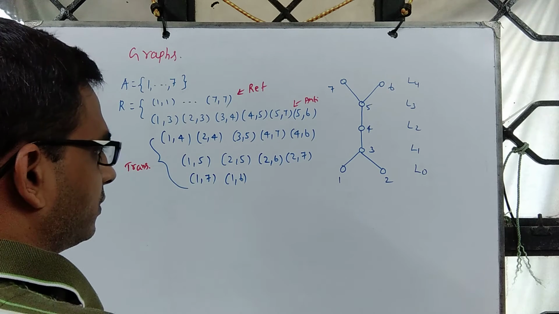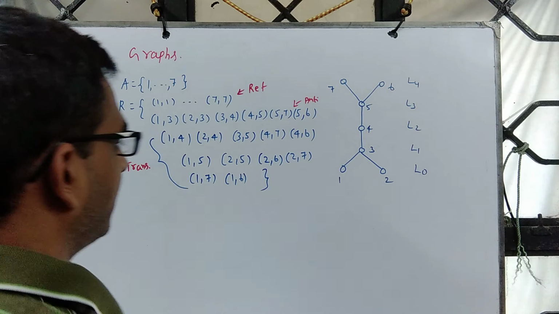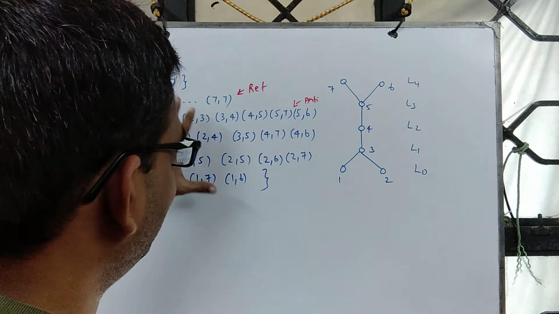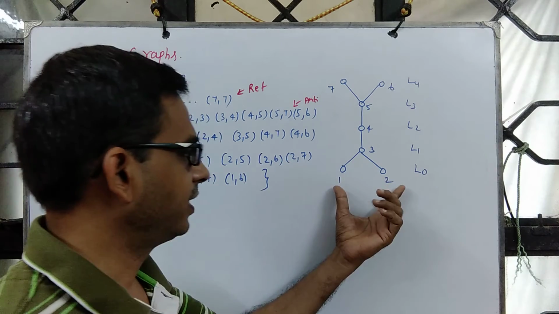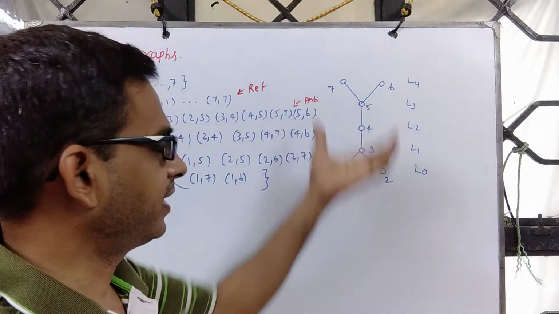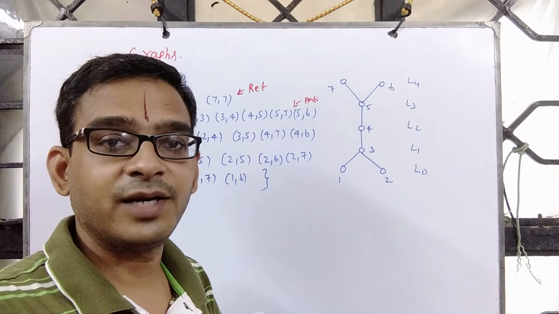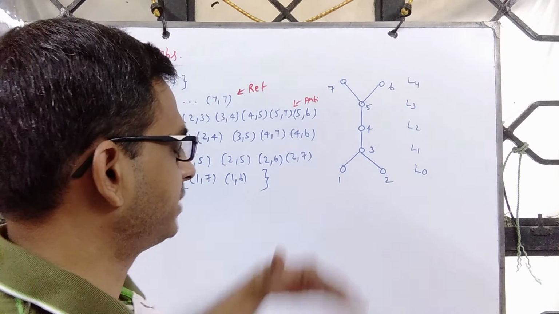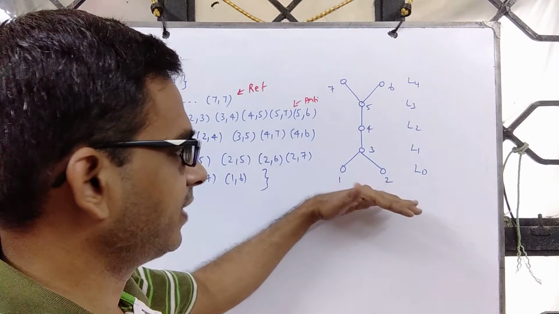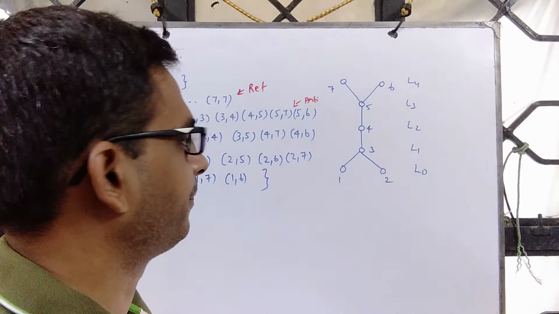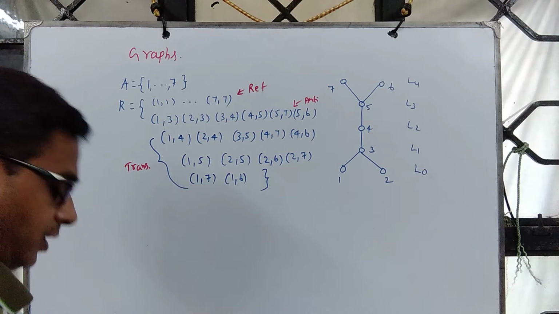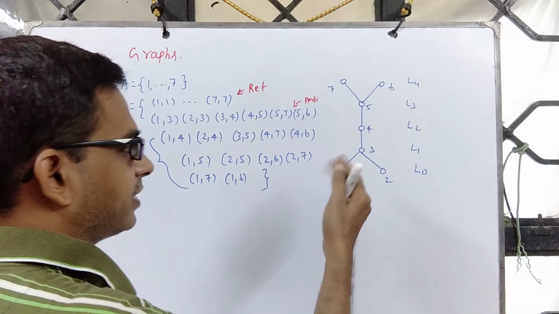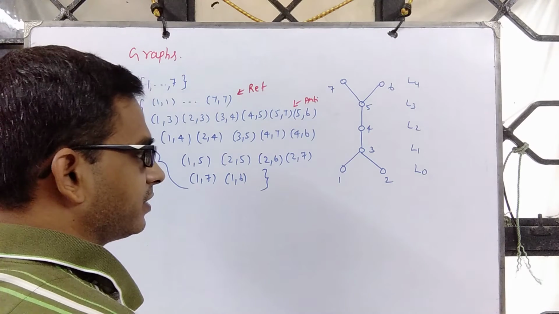See, there is something so nice about this diagram. The relation is so dense and so much of it is captured in this nice diagram, where you maintain a hierarchy among vertices. You say these vertices occupy the least level, then the next level, and so on. Fine. Now where do we come across these diagrams?